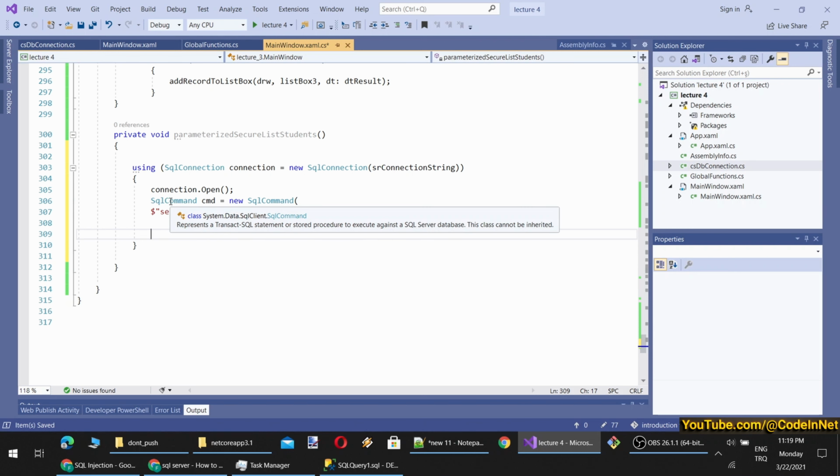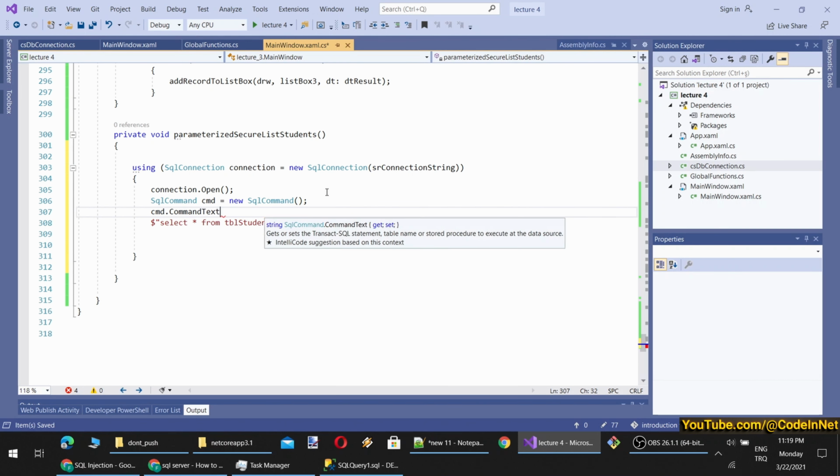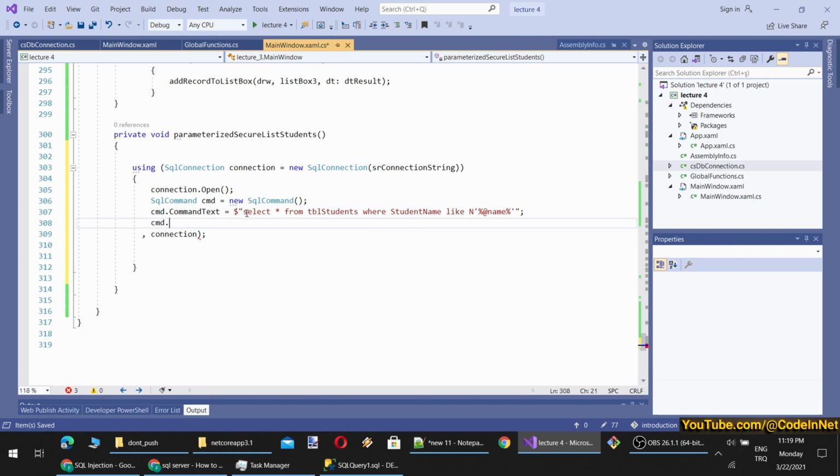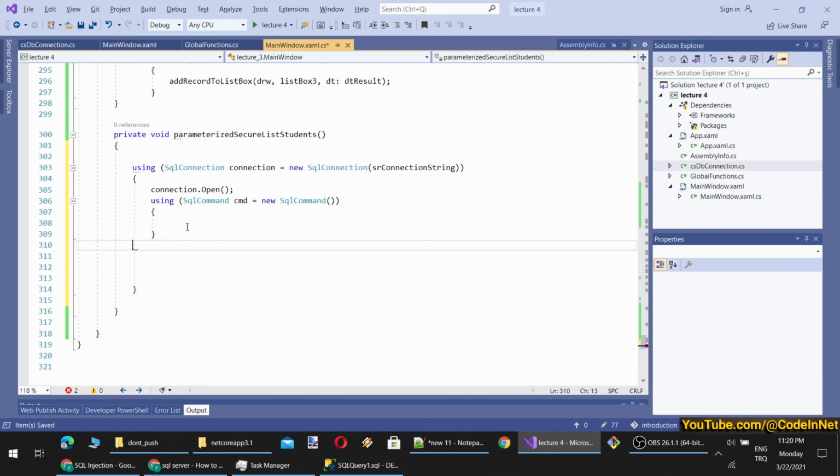SQL command object. So you see this is a class in Data SQL client. Therefore, our SQL command object is ready with our query like this. We could also do something like this, I believe, with command text equal to... let's do it that way first, then command dot connection is equal to connection. You know that we should always use the using clause if it is supported. So let's check whether command supports using or not. And yes, it supports using, therefore we will use the using clause. Okay, and then what else?